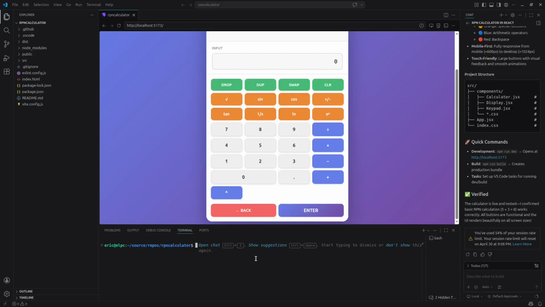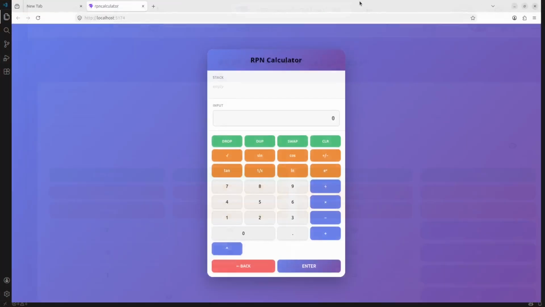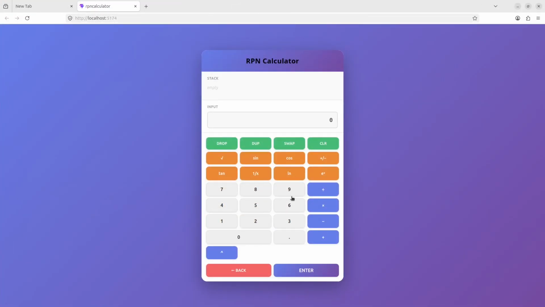Now if you want to run it over here, you do npm run dev, and then you control click on this line here, and then it puts it running actually on the localhost,